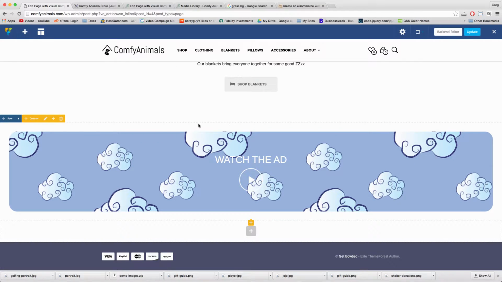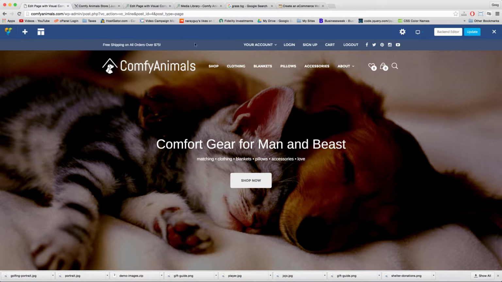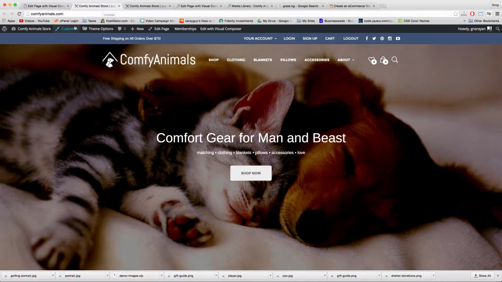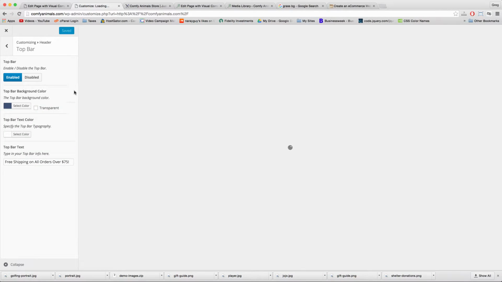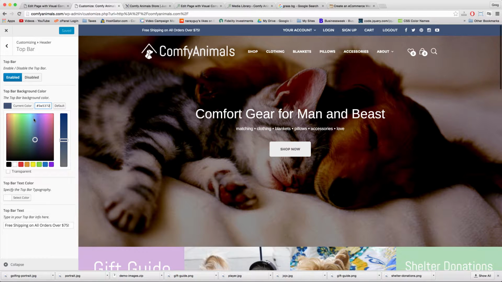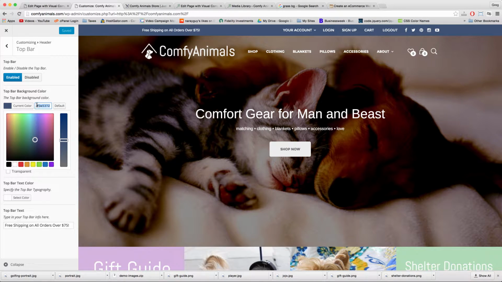For now, I want to change the background color of this section so we can actually see our border. And what we want is the original color of the top bar. So let's open the site and find that color. You can find that color easily by going to Customize, then click on Header, Top Bar, and we'll choose the background color right here, which is denoted by this 6-digit hex and the pound sign. If we copy that, pound sign 3E5372,